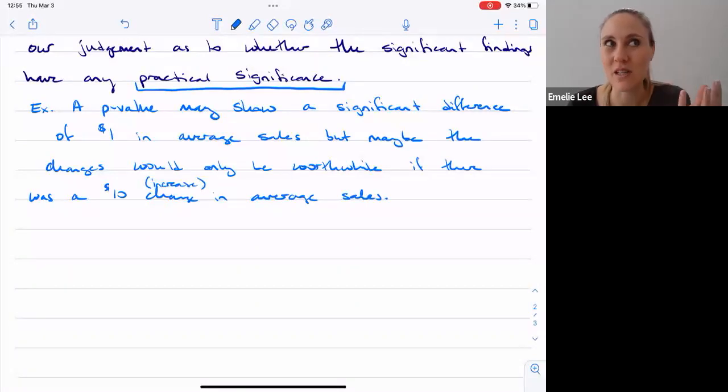Or maybe it's a significantly cheaper option, so then it would be a decrease of 10 before we don't implement that change. It just depends on the situation that we're talking about, right? But our job is not just going to be to focus on the p-values and report the p-values and that's it. Our job is going to be to say, okay, the changes that we would have to make to see that change are not worth it, right? So this would not be a practically significant difference for us, right? Okay.